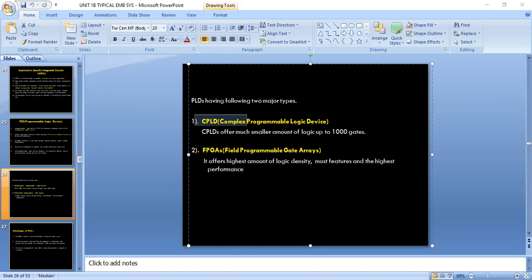The limitation of CPLD is that it will not have any memory. Suppose in a program, sometimes we have to save some data values. Like with oxygen concentration, I have to write a program where these are the values of oxygen. Suppose the patient's oxygen level decreases from 93, you have to start supplying the oxygen.